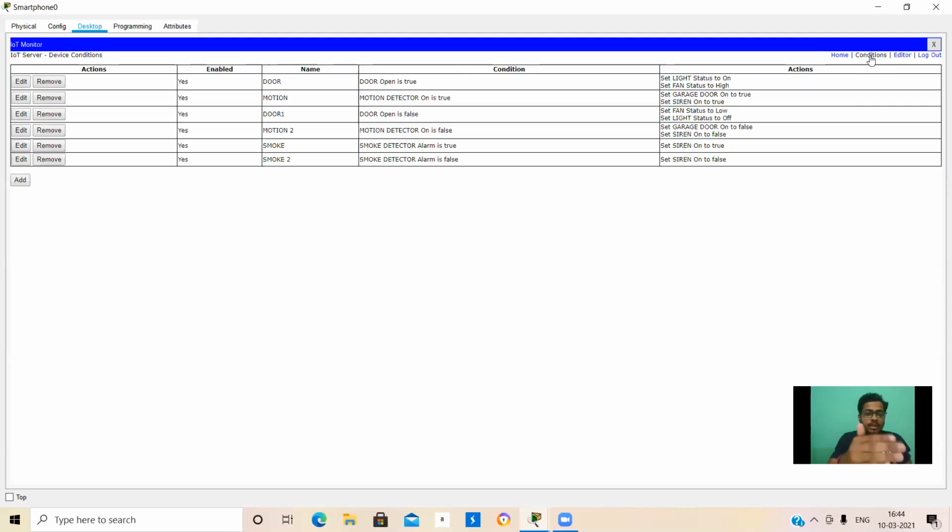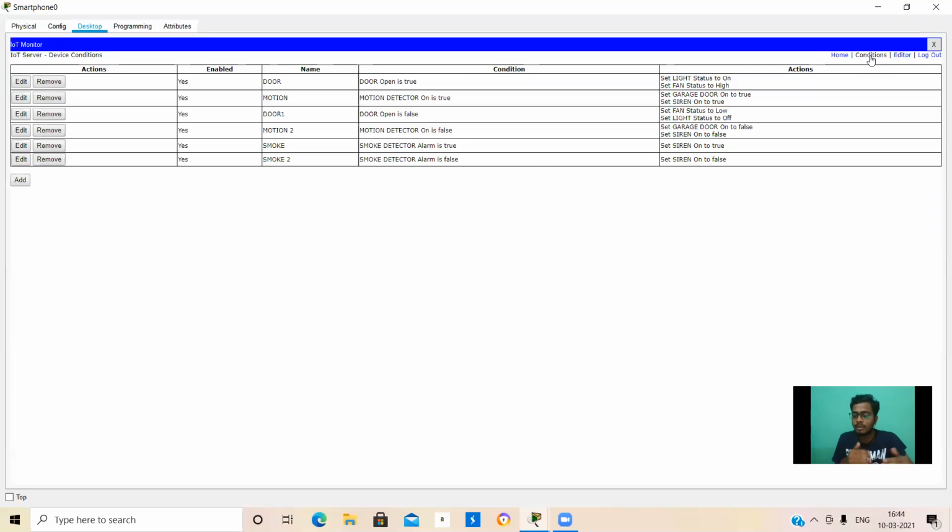First condition is the door. If the door is open, the light will automatically turn on, and the fan will automatically go to high speed. And we have another condition: if the motion detector is true, meaning the motion detector is on, the garage door automatically opens.